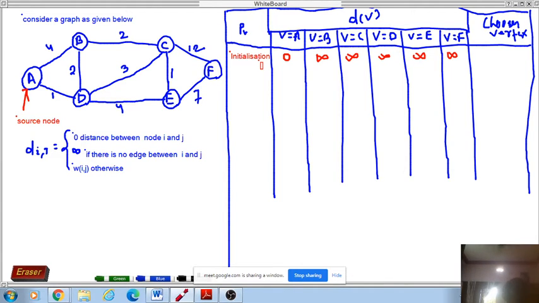Since it is 0 among these, which is the minimum? I have to choose the minimum among these, because the remaining vertices I made infinities. So among these I have to choose the minimum. What is the minimum? The minimum is 0. So the chosen vertex I am writing is A. A is the minimum. Understand? This is my first initialization, and the chosen vertex is A. So A is my source.